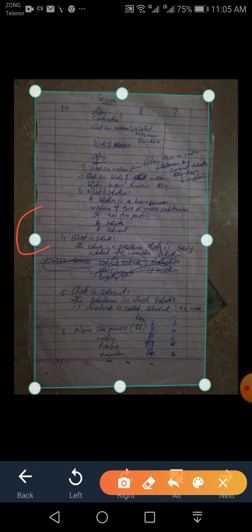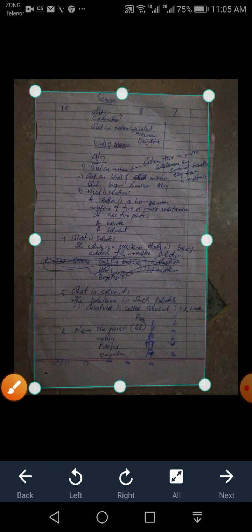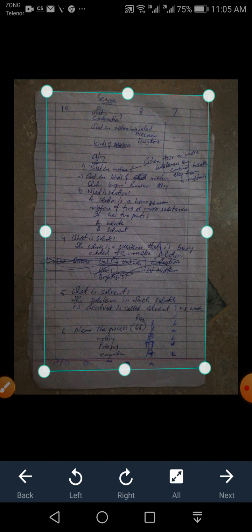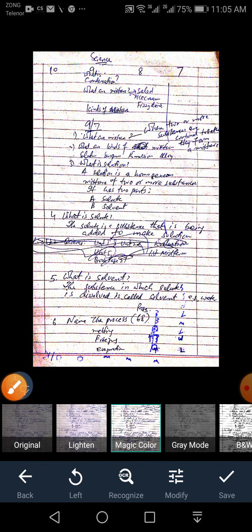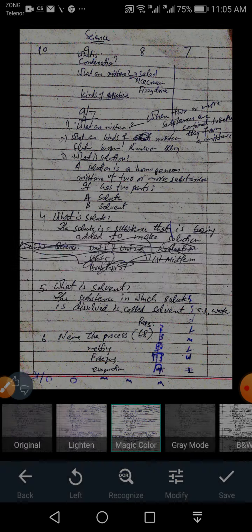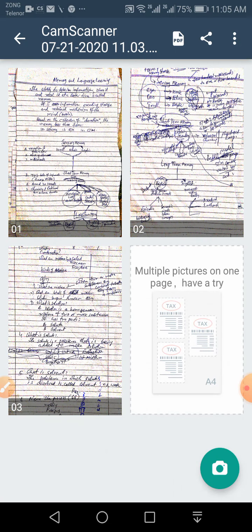Otherwise, we can crop it from these corners by dragging them towards the right side, but as we don't need to do it right now, it's okay like this. So just click on this one. Next, this is your third page. Now you can see your assignment has been converted into a PDF file.